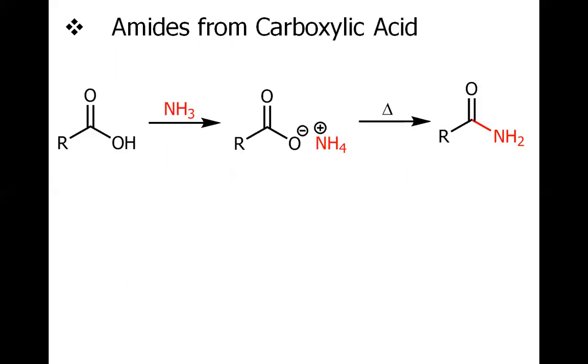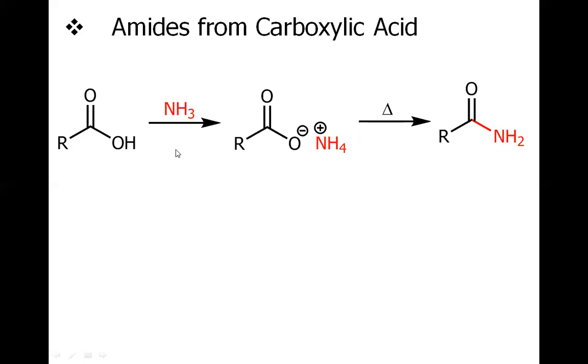Now, this is interesting because carboxylic acid is not reactive, and even we do not have a leaving group attached to the carboxylic acid that may be replaced with the amine. For example, when we discuss the reaction of acid chloride with amine, we simply replace with the chlorine. With the anhydride, we replace with the acyloxy group, and for the ester we replace with the OR group, alkoxy group. But here we cannot replace this OH group with the NH2 group because this has a very poor leaving tendency.